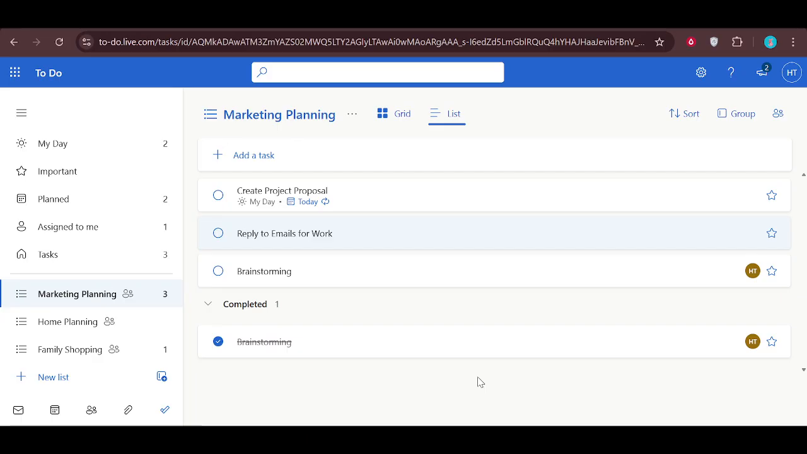matters right now. First, you'll want to open the list that contains the completed tasks you want to remove. This might be a personal list, a work list, or something like a shopping or project list. Take a moment to make sure you're in the correct list because deleting tasks is permanent. Once a task is deleted, it won't be available in your completed section anymore, so double check that you truly